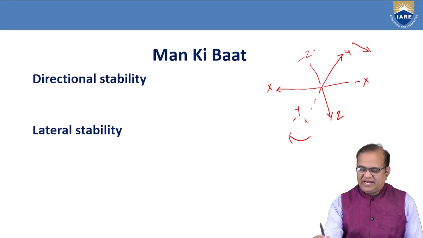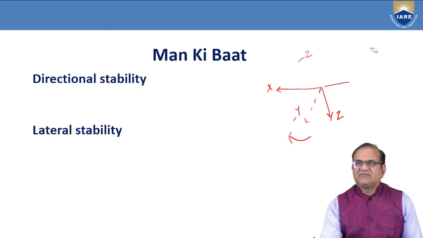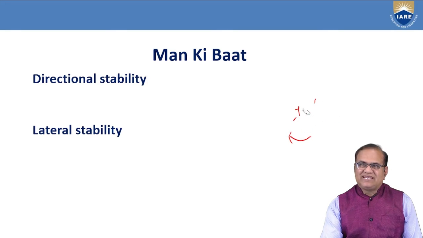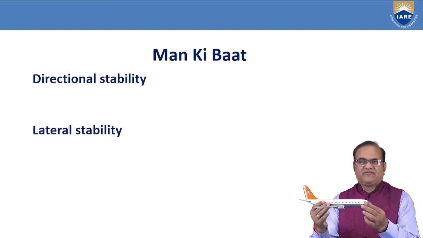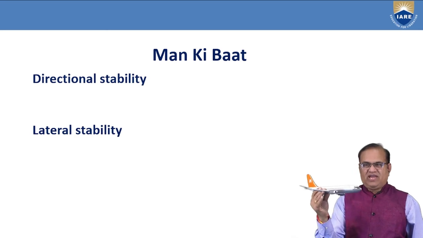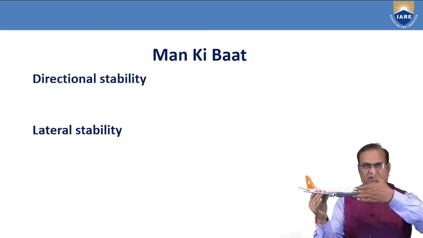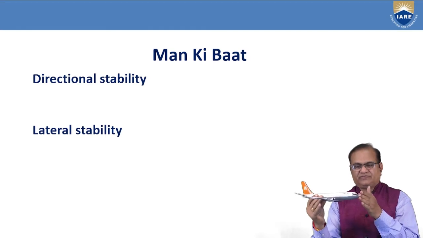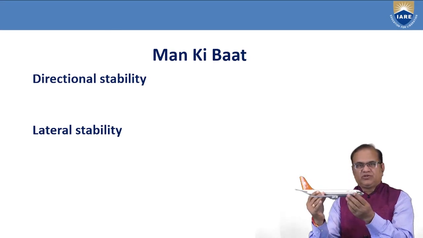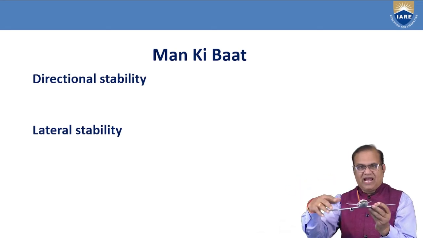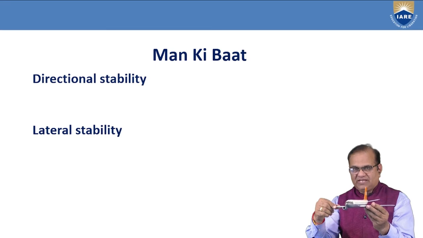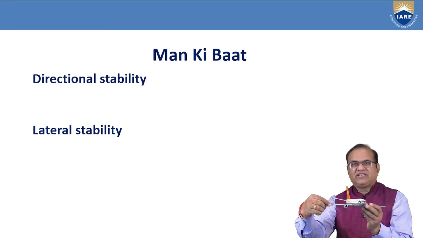So when we talk about directional stability, once the motion is taking place with respect to the z-axis, then we can say that it is a directional motion. We can see here that this is the aircraft and this aircraft is flying. Due to some beta gust, if its nose is moving left or right, if it is moving towards the right side, then it is positive, and if it is going towards the left, it is negative.